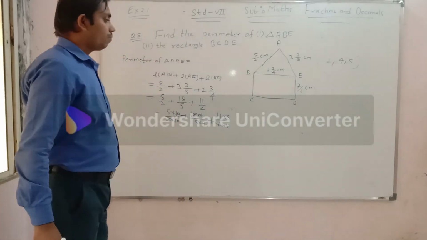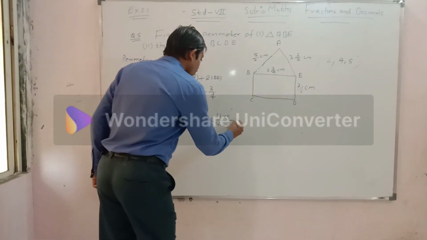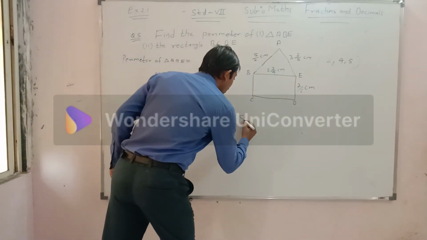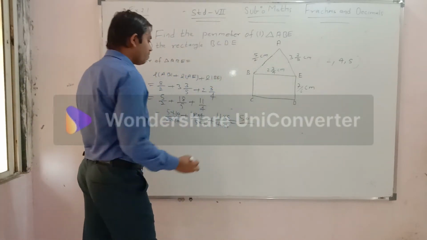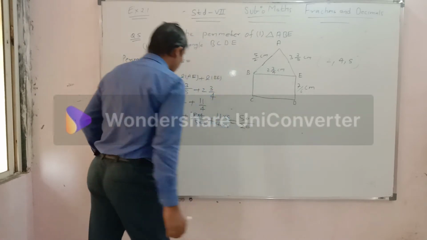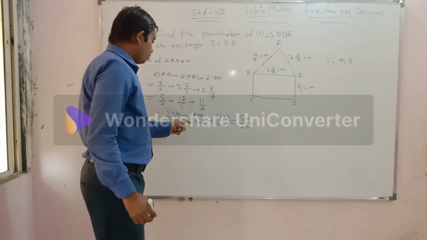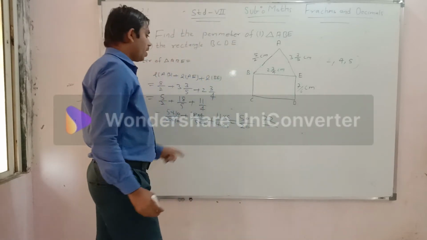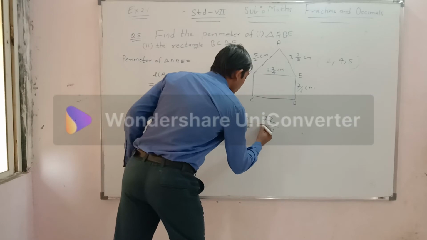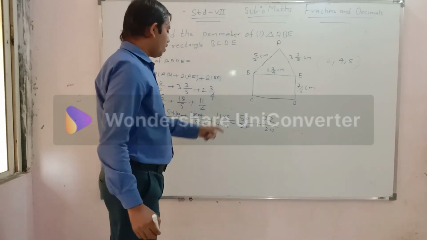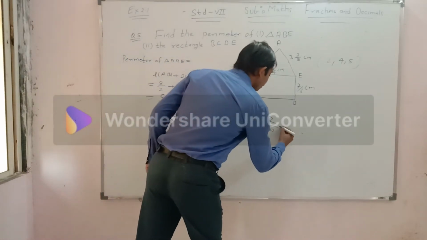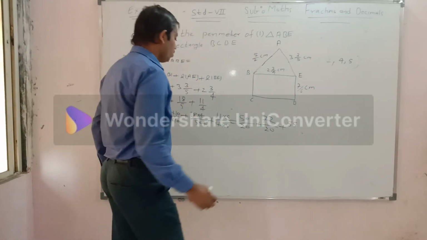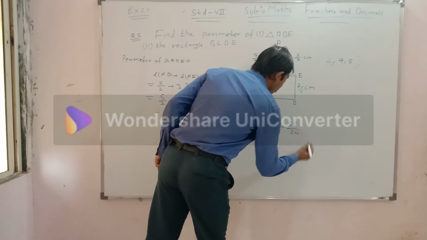Okay, now further what can we do? Now multiply: 5 tens are 50, 2 tens are 20, my dear students. 18 fours are 72, 5 fours are 20, there is a plus sign, write the plus sign. 11 fives are 55, write the 55. 4 fives are 20, write down 20, my dear students.